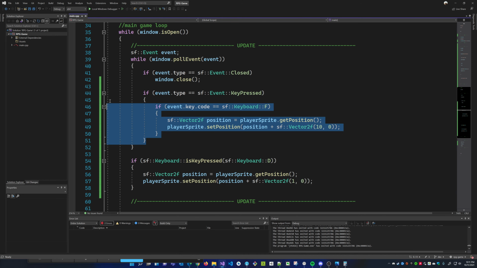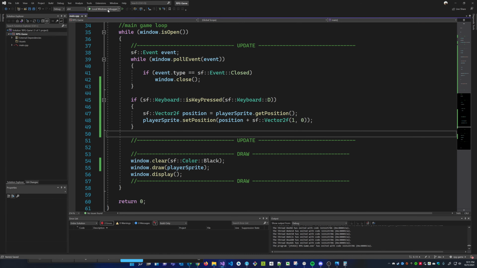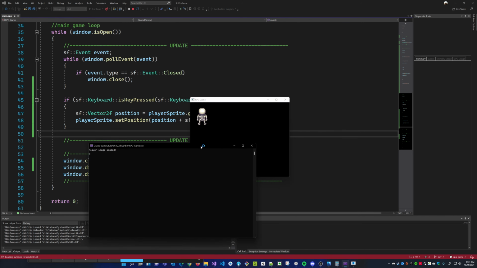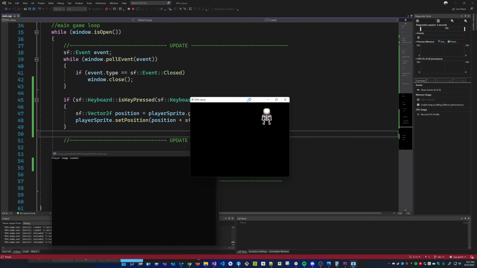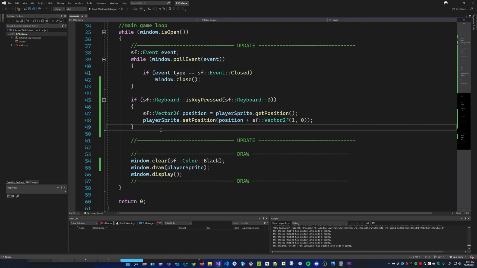So we don't want to keep our movement code tied to the event loop. We want to keep it outside the event loop. So this code is bye-bye. Sorry, I hit the mic. All right, with that in mind, now I can move my guy to the right, which is great. What if I move him up, down, right, and left? As an exercise, I would like you to move this character right, left, up, and down.